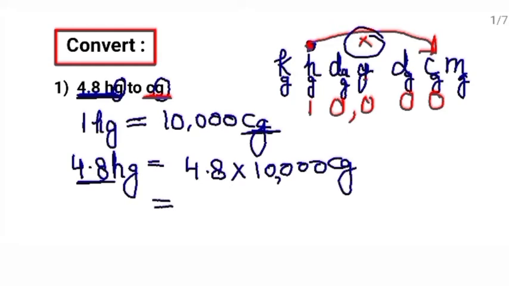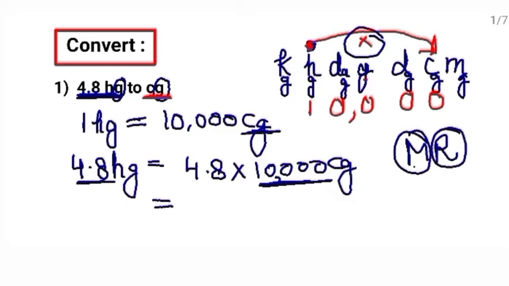In decimals, in previous class you have learned when you multiply by the power of 10, what do you use? Mr. DL. In multiplication, Mr. DL, if you multiply then your decimal will shift to the right place. How many right places will it shift? 1, 2, 3, 4. 4 right places.